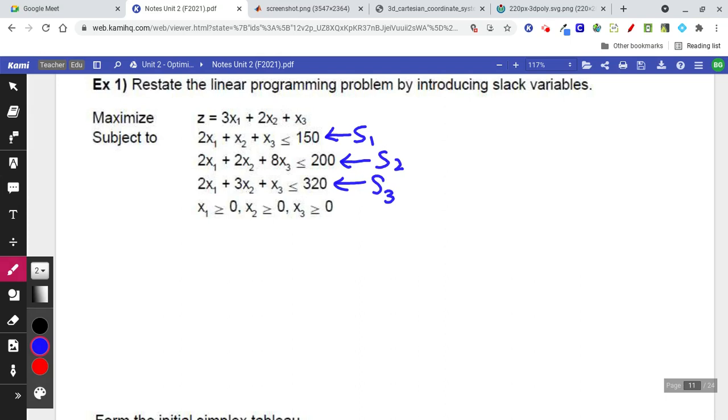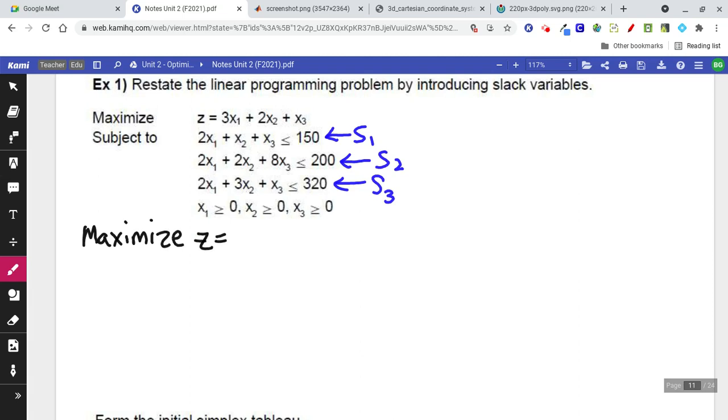So what we're going to do is copy this down, and literally all we're doing is changing them all into equations. So we've got maximize z equals 3x1 plus 2x2 plus x3, subject to,